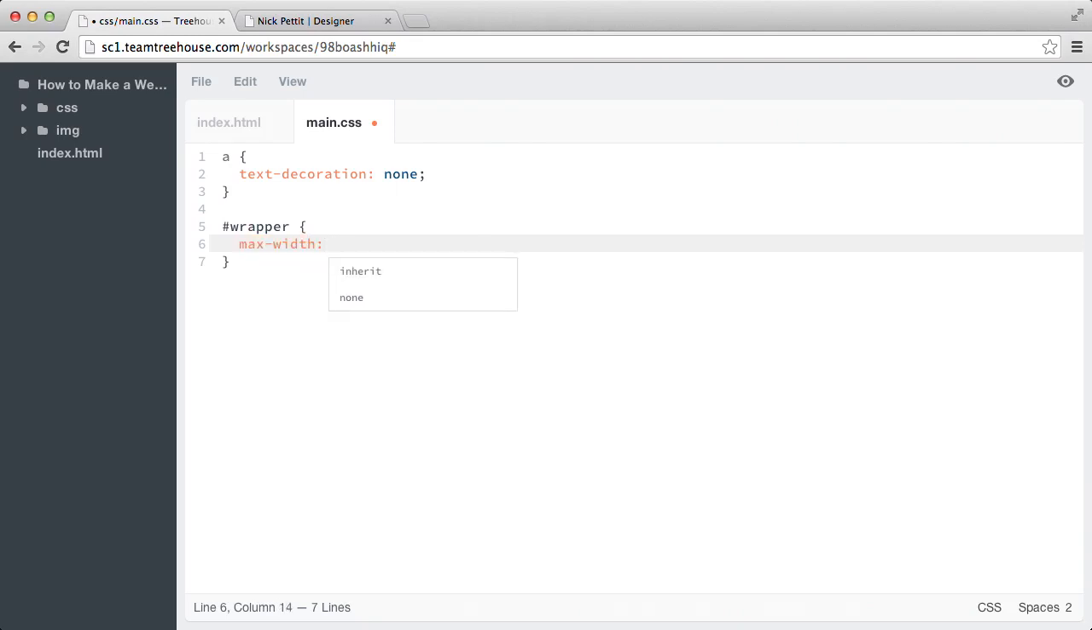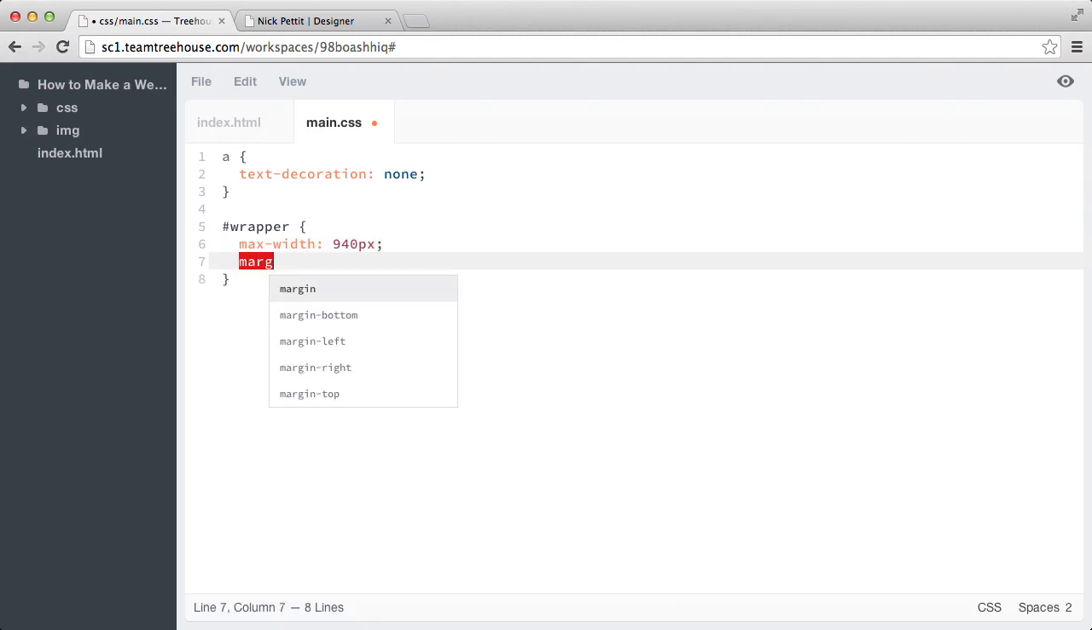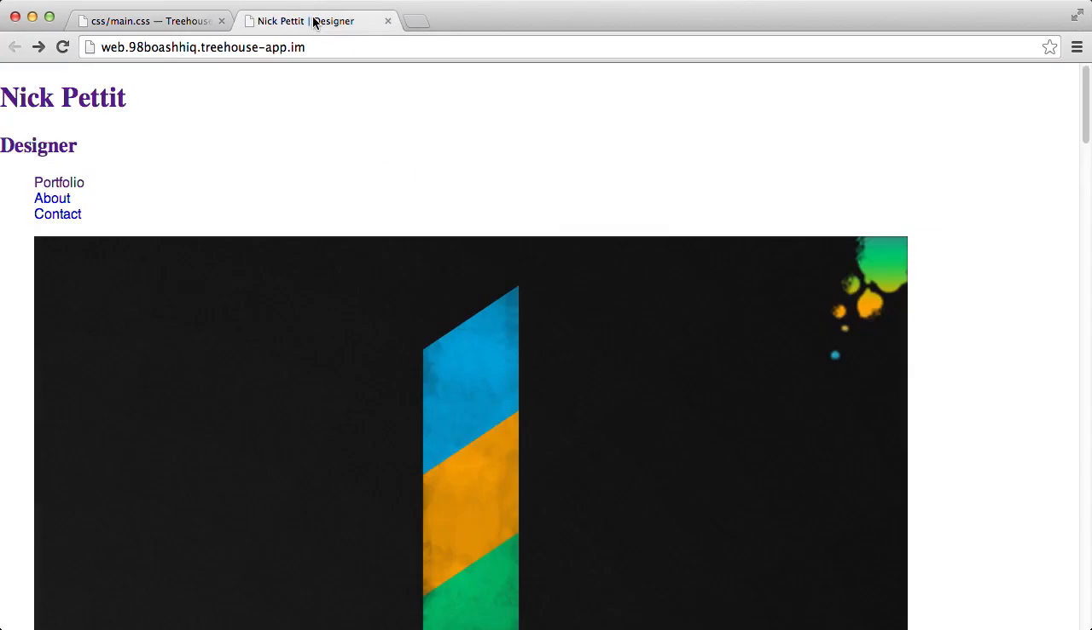max-width and give it a value of 940 pixels, or px. And then I'm going to type margin, followed by a 0, and then a space, and the word auto, just like that. Now, let's save, and I'd like you to guess as to what this might do right before we